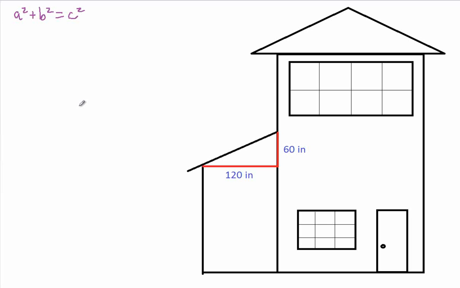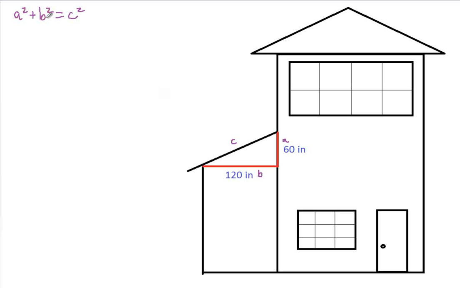So the first thing we're going to do is calculate the length of this rafter. To do that, we're going to use the good old Pythagorean theorem, which states that a squared plus b squared must equal c squared. So if we look, we can quickly label our right triangle with a side A of 60 inches, a side B of 120 inches, and our side C